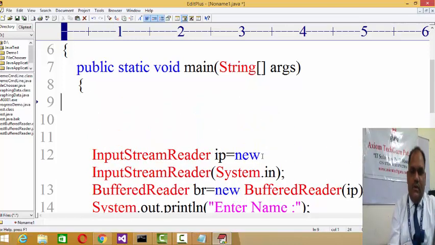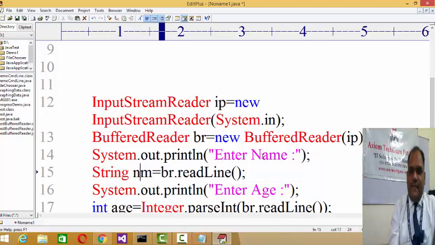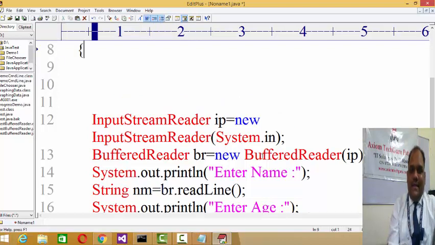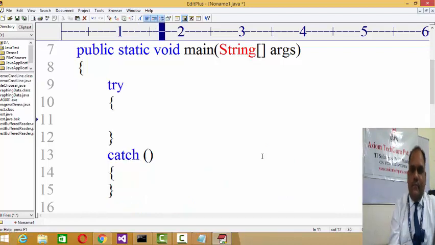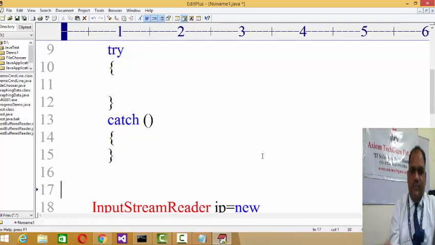But first of all, in this case, you cannot directly use methods like readLine, as it is throwing an exception, so you have to put this entire code in the try catch block, so that if any runtime bugs occur, your system will trap them, right? So try catch block, right? This is the code for handling the exceptions.